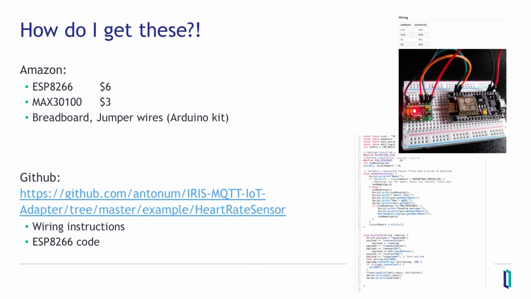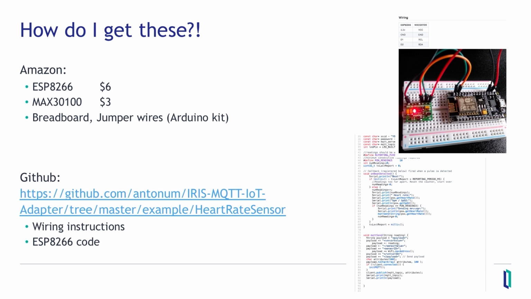So let's get back to the presentation. And the most frequent question I get after this is, where do I get all this, right? I'm not saying that's production-quality hardware. It's all made in China. Altogether, what you see here is probably about $12, including this breadboard and the jumper wires. The controller I'm using,